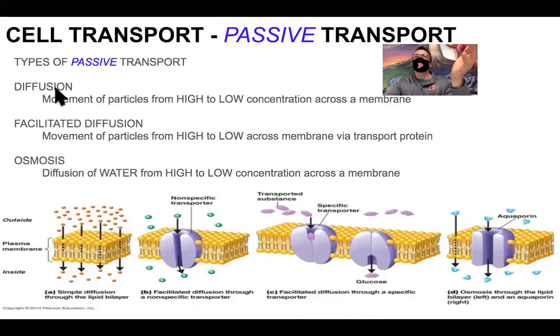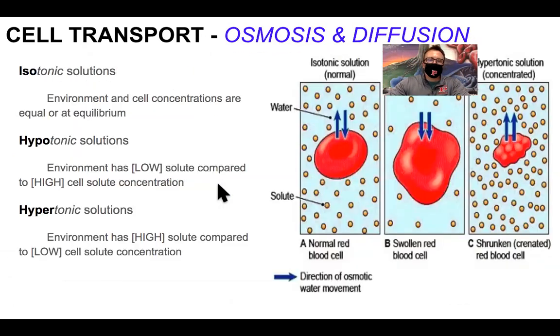Diffusion will be any small molecules. They can diffuse in and out of the cells. Facilitated diffusion is like when a large molecule needs help. Now, it gets help by these little protein openings in a cell membrane. And the last one is osmosis. How are you going to remember this? I don't know about y'all, but when I look at that word osmosis, I think ooze. I think water oozing in and out of something. But today,